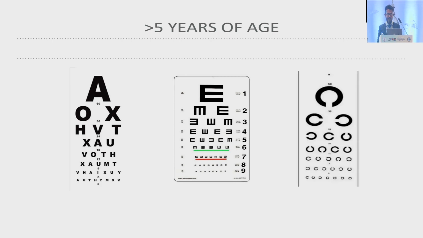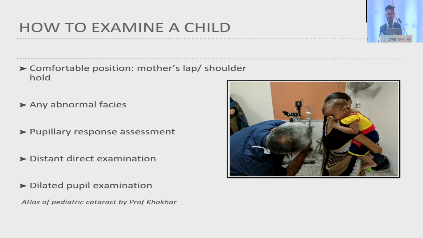Once we have had some estimation of the presenting visual acuity, we move forward to examining a child, which can be really difficult. So we have to ensure that the child is positioned comfortably. For any child, the most comfortable position is the mother's lap or the shoulder. So we ask the mother to take the child on her shoulder and then turn towards us. And then we can start